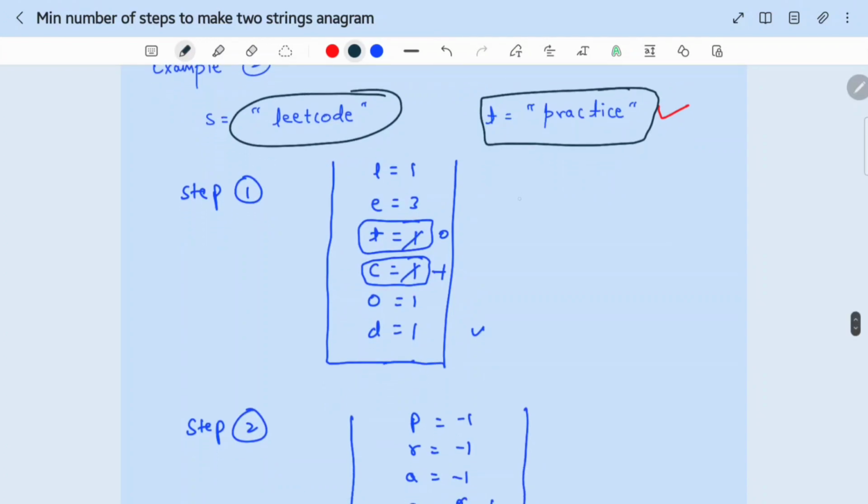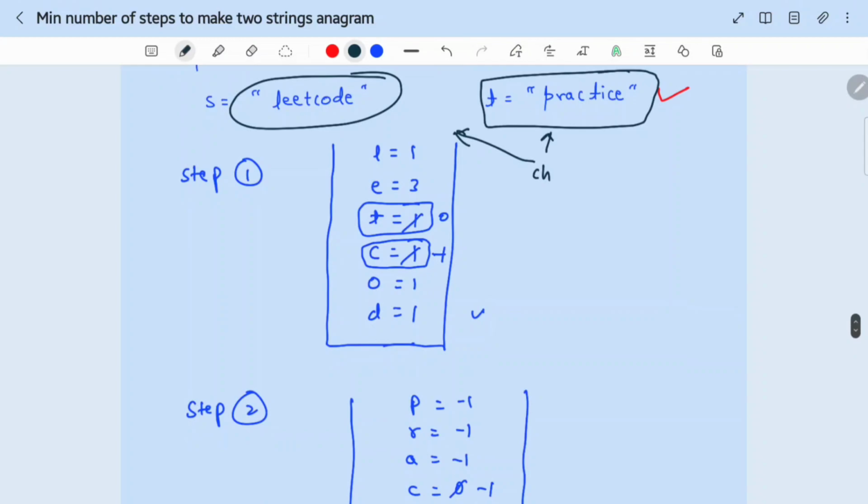It simply means that if any character ch is present in both the strings, then what we need is the count of character